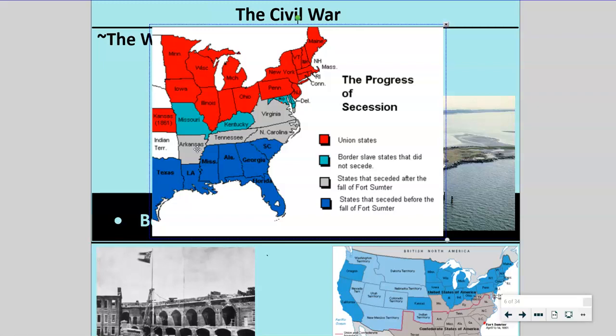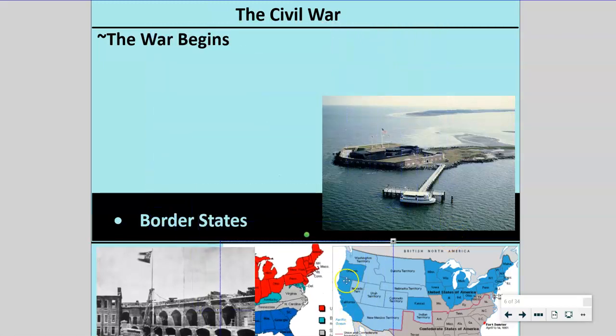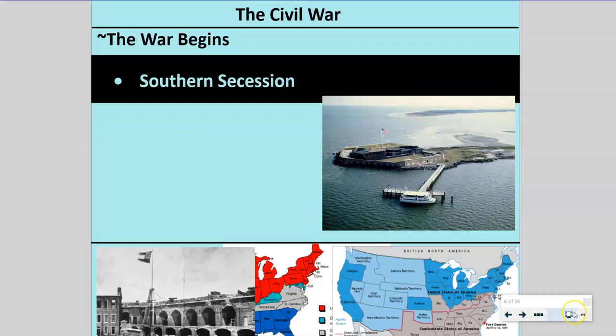So Lincoln is going to be very cautious with the border states. One of the things that causes Lincoln to be very slow to push for emancipation is to not alienate these border states. So they were like the measure of public opinion, important for population, important for strategic positioning, important for public opinion. They even had some industry there, some manufacturing. So the war has begun, and what we'll see next time